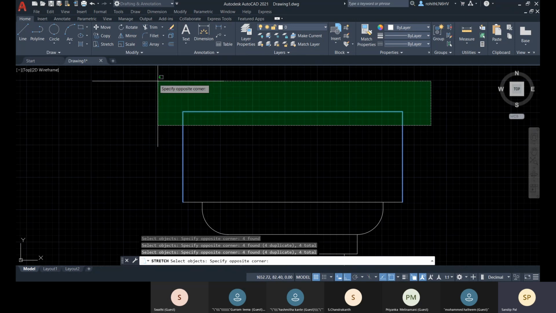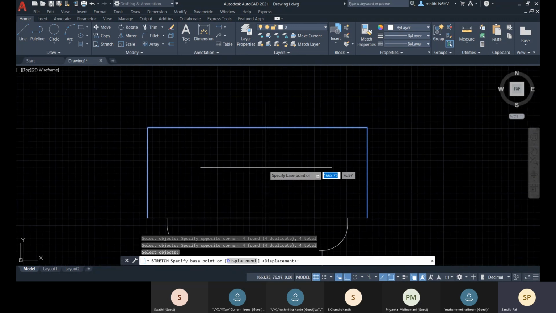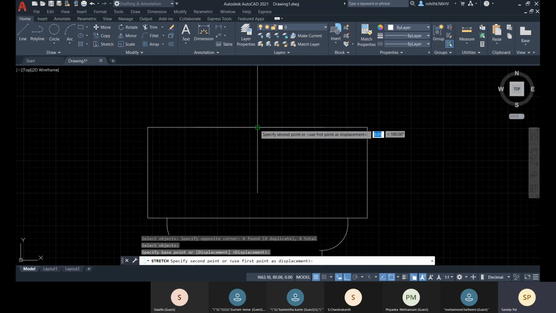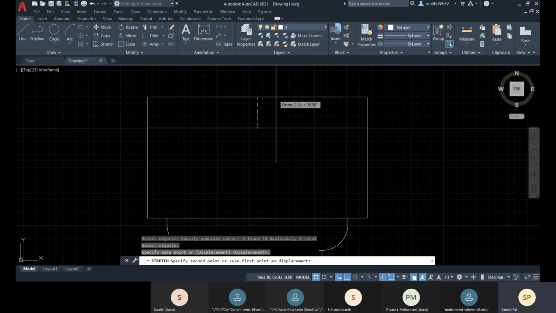So I'm going to select this whole end of this part with this select object option, and then press enter, and then you specify the base point. So it will count the distance from that base point. So make sure that you are selecting the base point from the desired location, from where you can calculate your desired value.